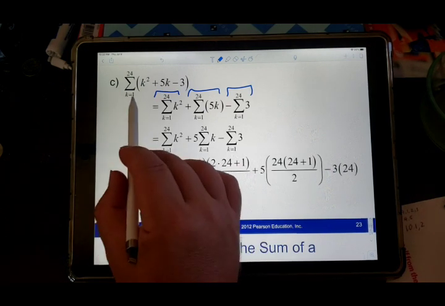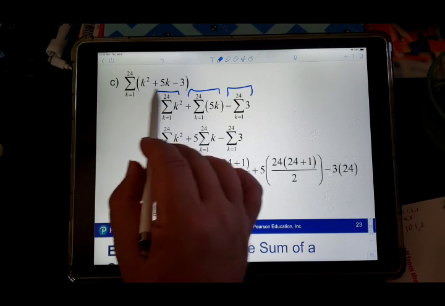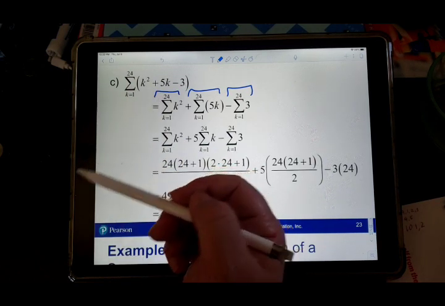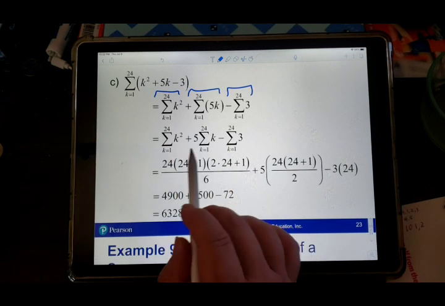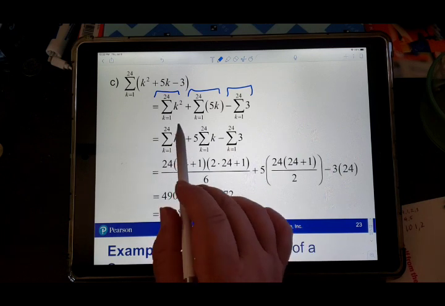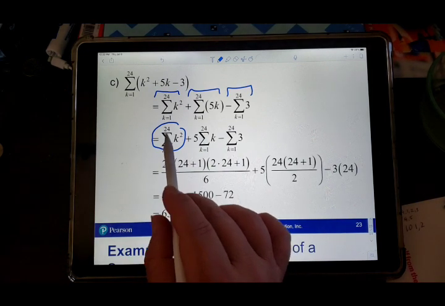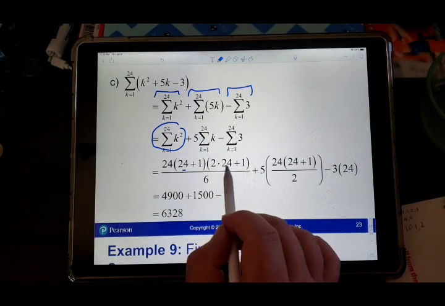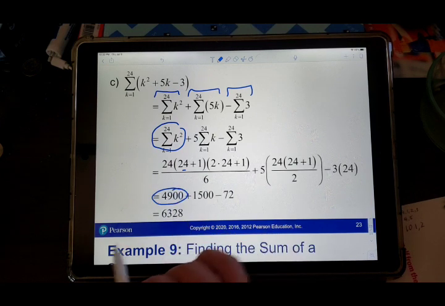Again, the alternative is you could plug in the 1, calculate that to 2 up to 24 and add them all up, but you'd be adding up a lot of numbers. So this, as unusual as this looks as an adding strategy, it really is the best idea. So you can see how the first term became from 1 to 24, so we're putting 24s in all the places in the formula, which eventually calculated to